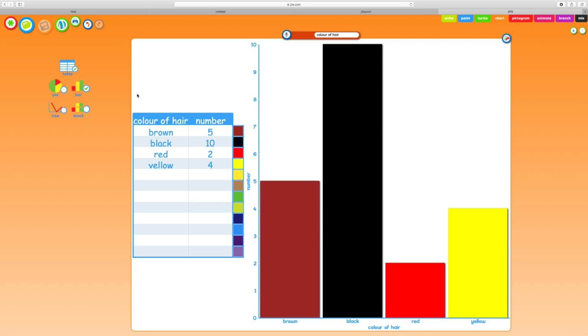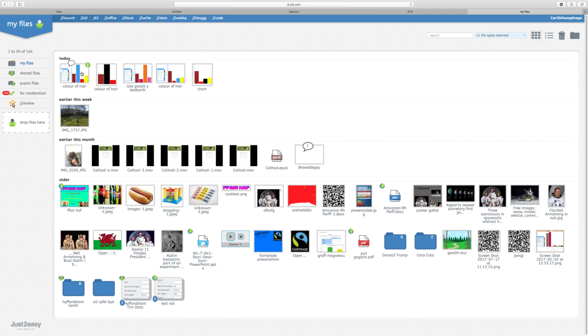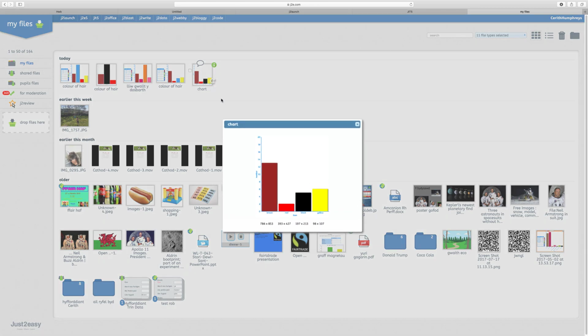If you want to make sure it's saved, you need to go back to your launch, into your files where everything's saved, and here's some graphs that I've done. And let's double check, that's the one we done. There she is. There's the graph. Okay,